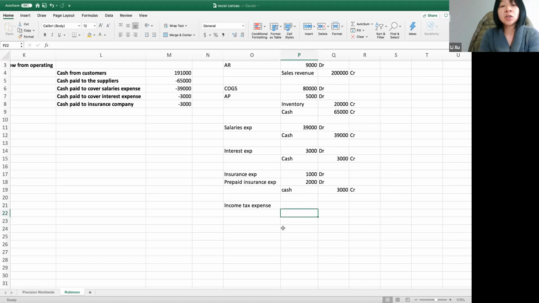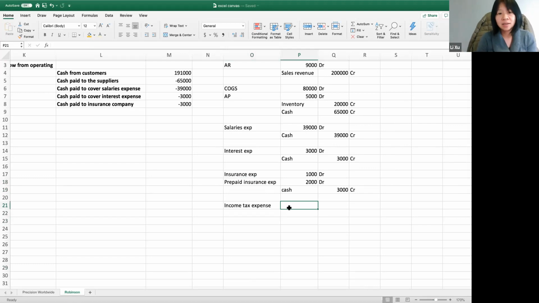But the prepaid insurance expense is not an expense, even though it's called a prepaid insurance expense. Same thing with unearned revenue. Unearned revenue itself is not a revenue. It's a liability, but we call it unearned revenue. Okay, so sometimes you may have something called expense, but it's not an expense. Okay, so next one,